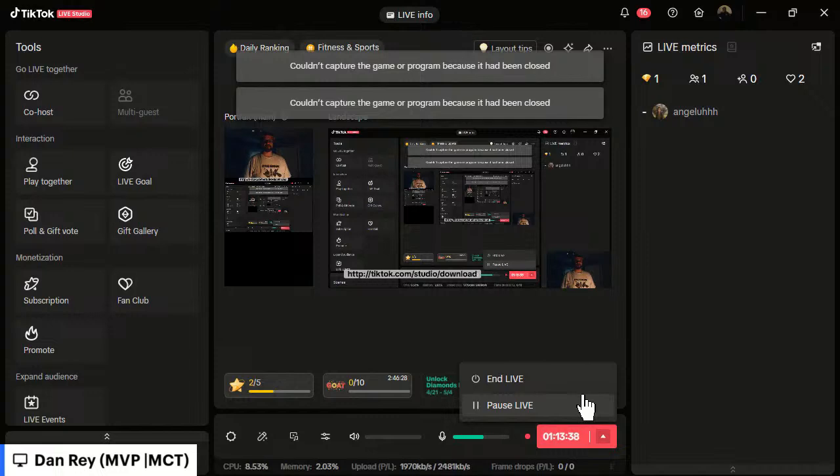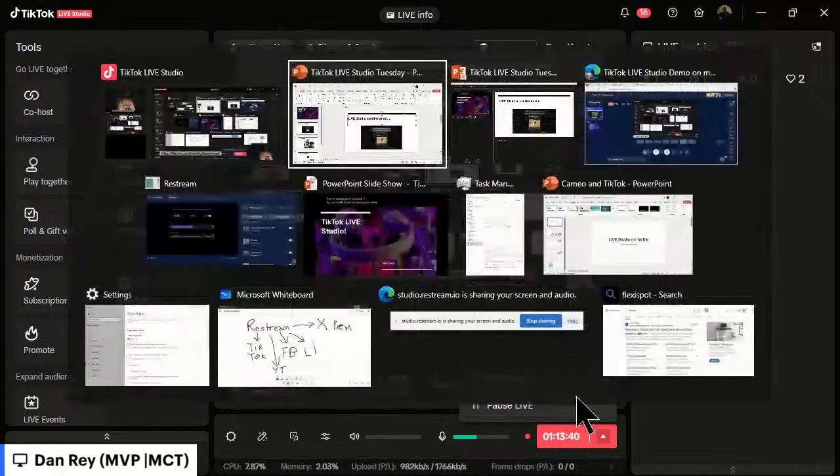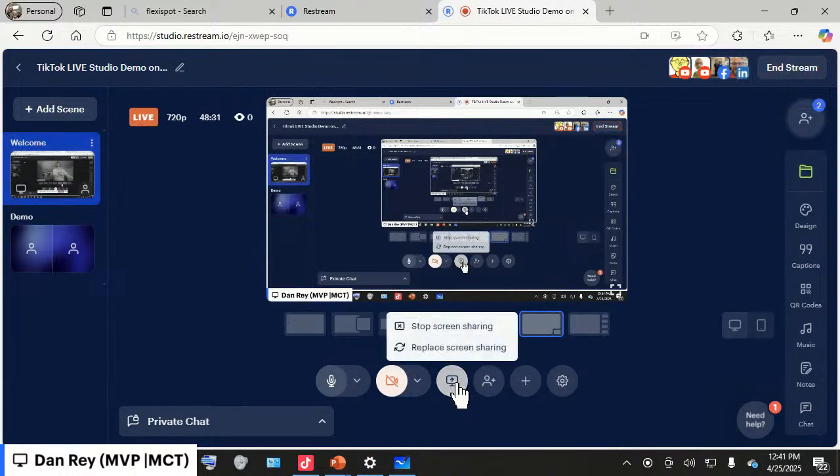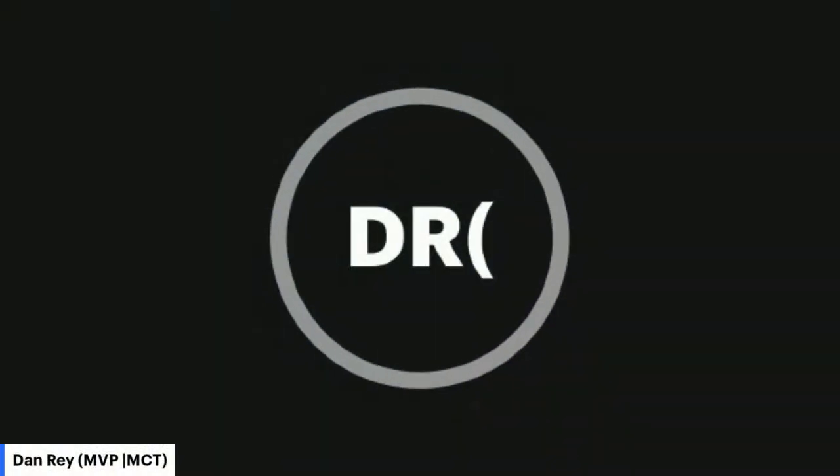But I can decide to stop my live or pause my live here, in the same way that I can stop my LinkedIn stream and Facebook stream. Or I can choose to stop sharing my screen and reshare my video here. So my video camera that I'm using on Restream is sharing my little desk Flexispot that I have under my desk, which looks pretty similar